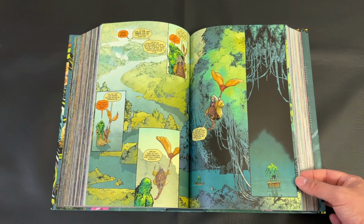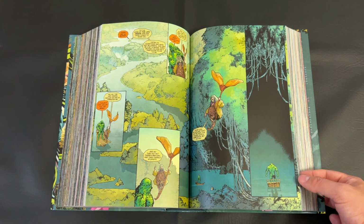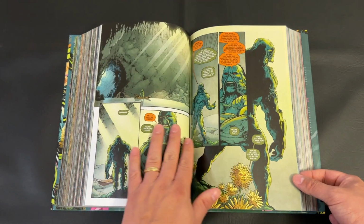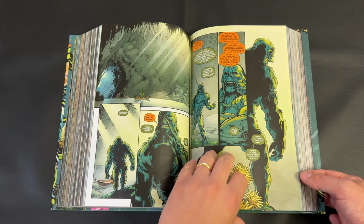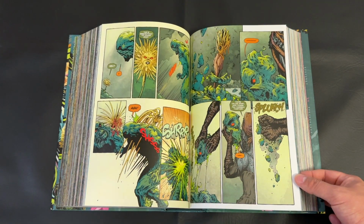this run. I had sold my paperbacks some time ago, but I always had in the back of my mind, I hope to come back to it, and with this omnibus edition, getting to read it all in glossy print paper, oversized, it's really just a dream. This is also just a really dense collection. We have a lot of great storylines in it,